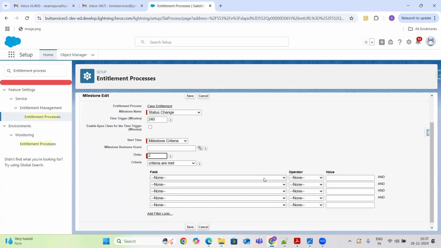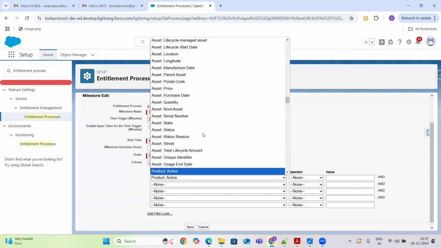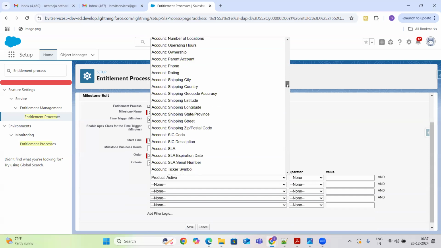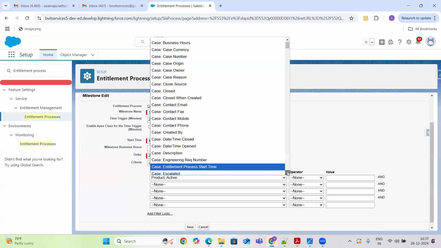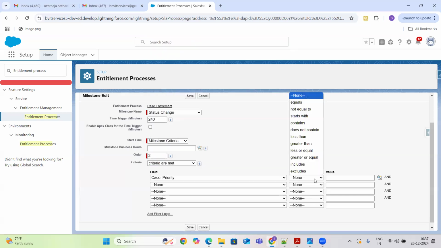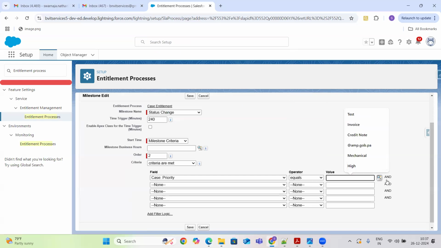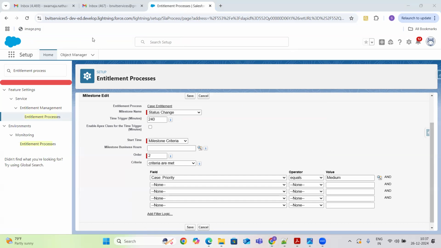This is going to be fired again on case priority. So I'm going to select case priority equals to medium priority. So this is the one.